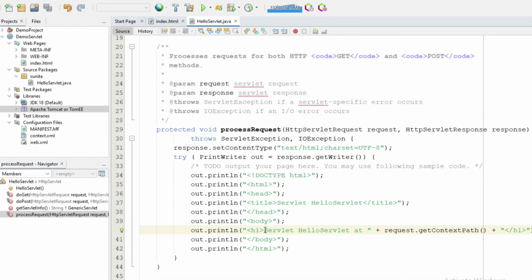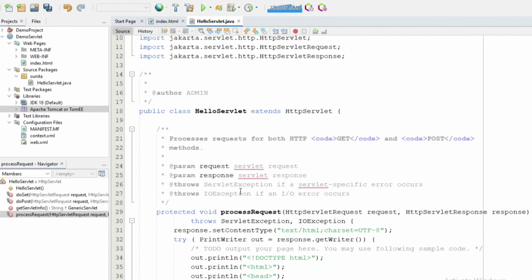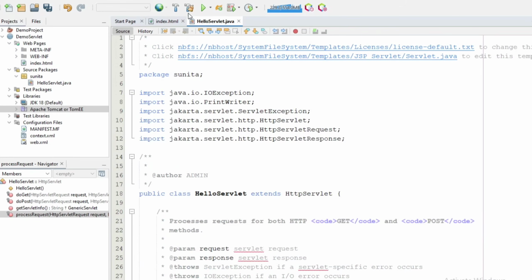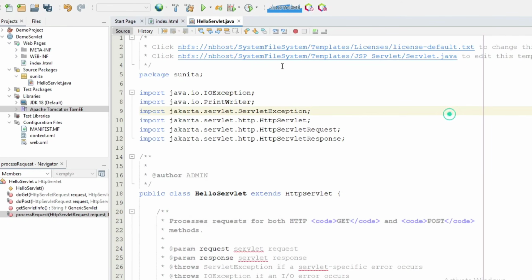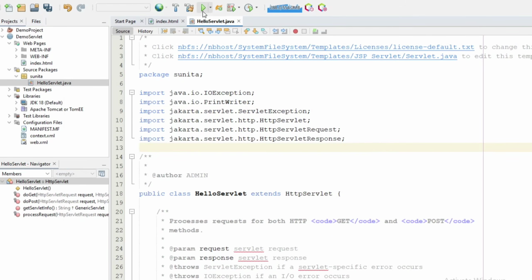I'm going to print a simple hello message. So I'm just deleting this code, and instead of that I'm printing thanks for watching. Okay, this is my message. So my code is also done. Now I will run this program. To run, you can click on this option, run project, or you can right click and select run file, or you can right click on your class name and select run file. So any of the options will work. So let me just click on this run project.